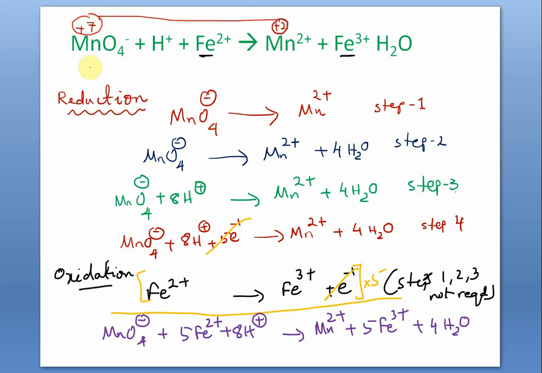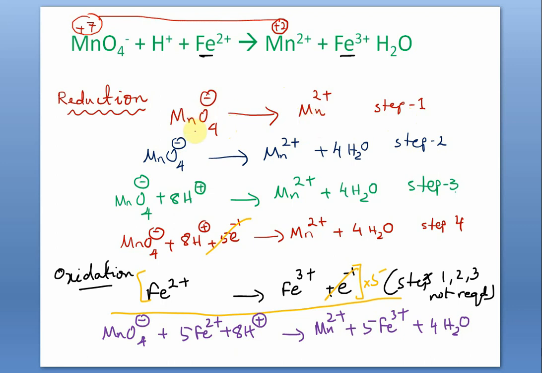But while writing, don't write the oxidation number. Oxidation number is not a real charge. It is a fake charge. So only to study whether it is oxidation or reduction, I found out the oxidation number. But let us write here the real ions, the real ions having real charge. Permanganate ion giving manganese ion. You copy one ion from the LHS and the corresponding ion in the RHS. This is the first step. And equalize manganese atoms. They are identical, fortunately.